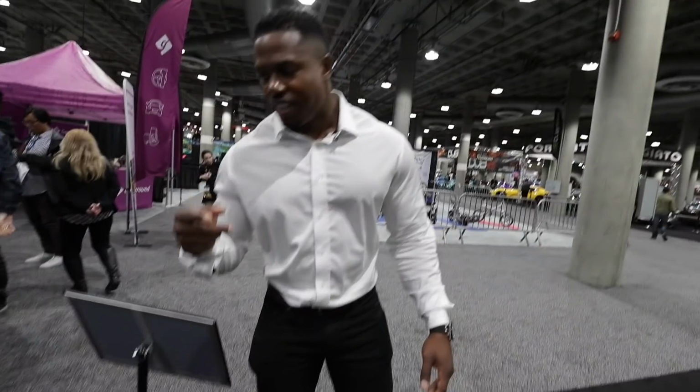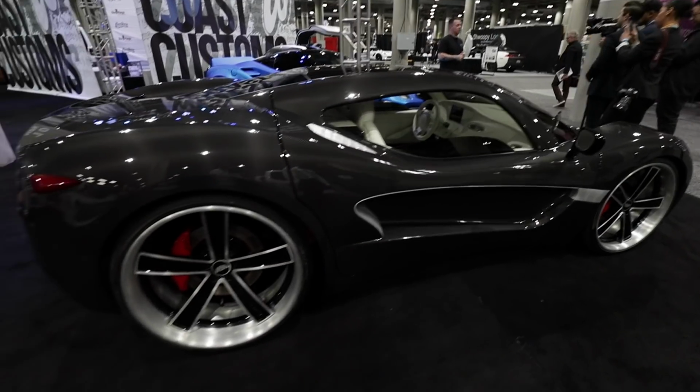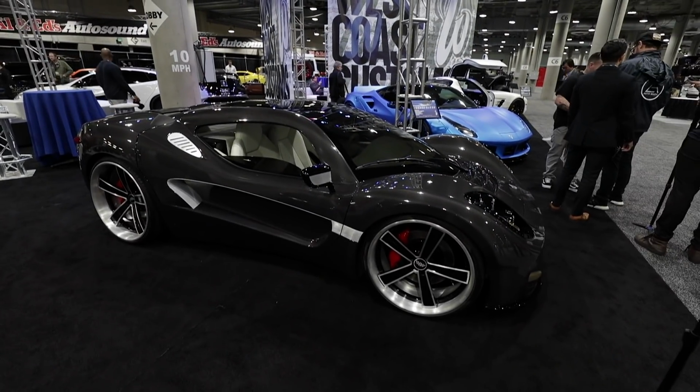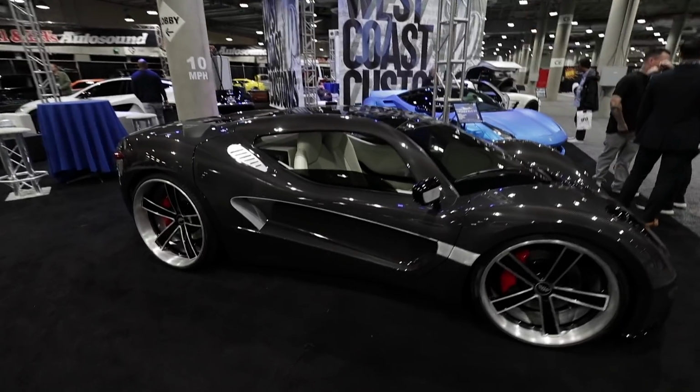So I've just been told that this model here, this very cool looking car, is based on the Tesla Roadster. So they used the shell and then built this on top of it. I'm interested to know how those doors open, so I'm definitely going to ask, because I can't tell at the moment whether they're going to be dihedral or...